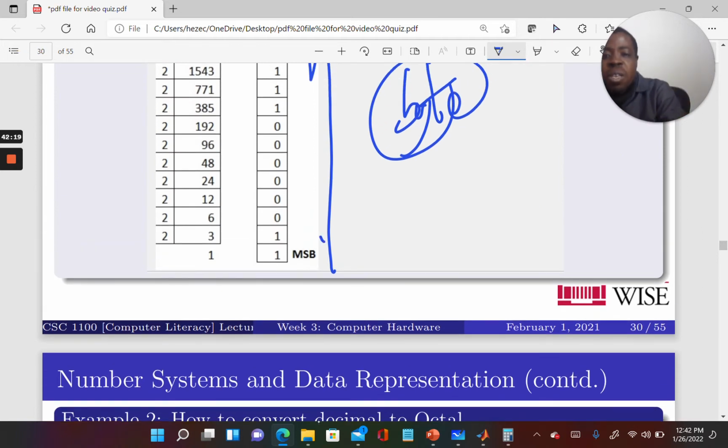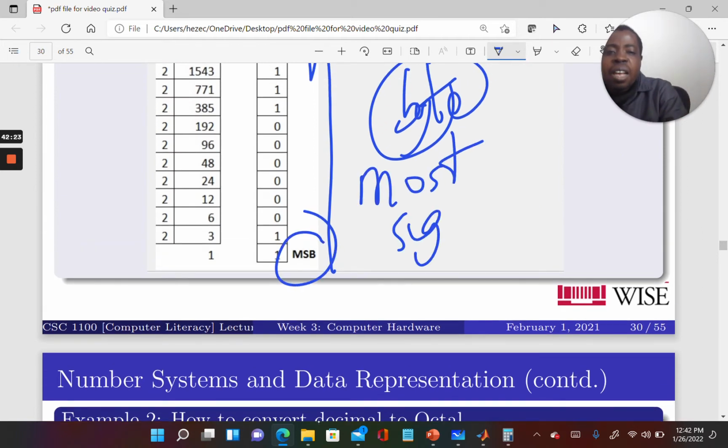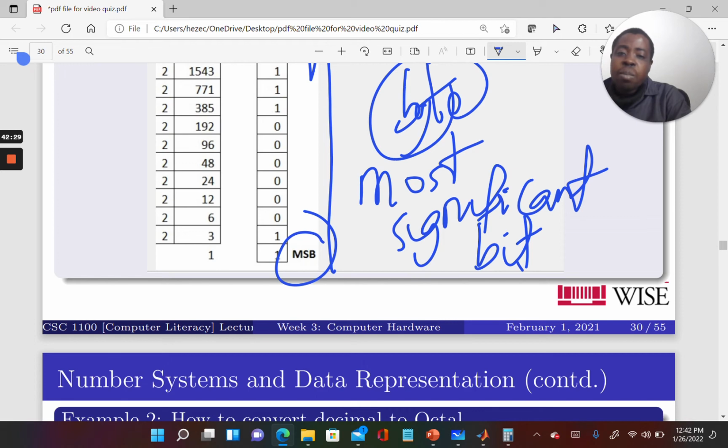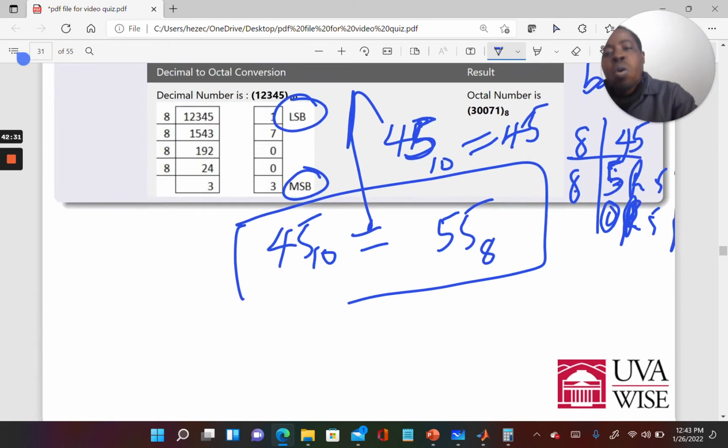Again, look at the MSB, most significant bits, MSB. Okay,